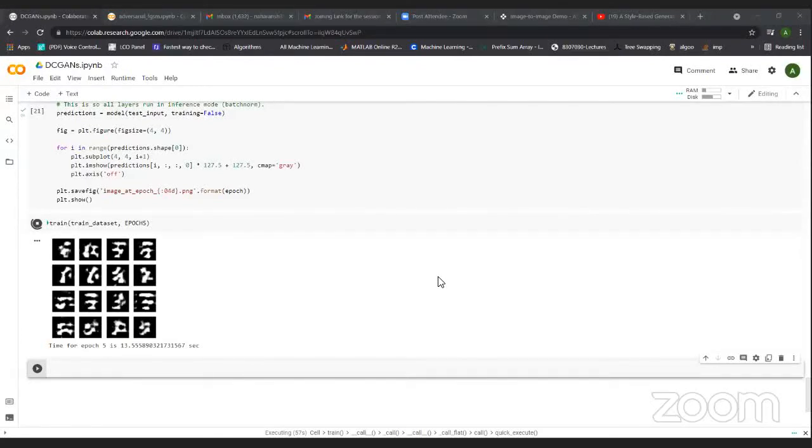GANs are one of the advanced topics, and it is very difficult to digest all of the things I told you. There are many ways to train GANs. And I already told you GANs are hard to train. So you can see your model starts learning the things. Here it is generating the 3, although it is not that good.